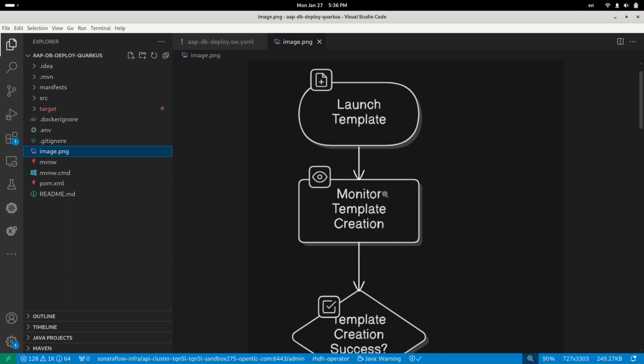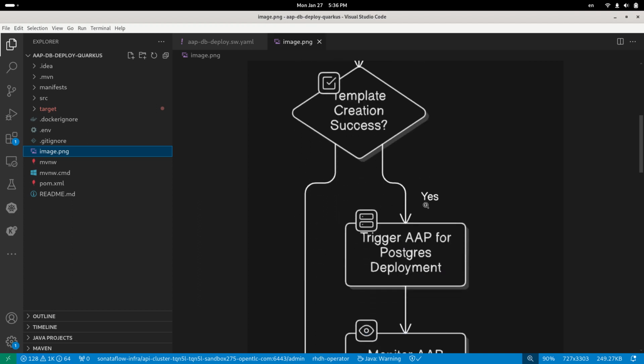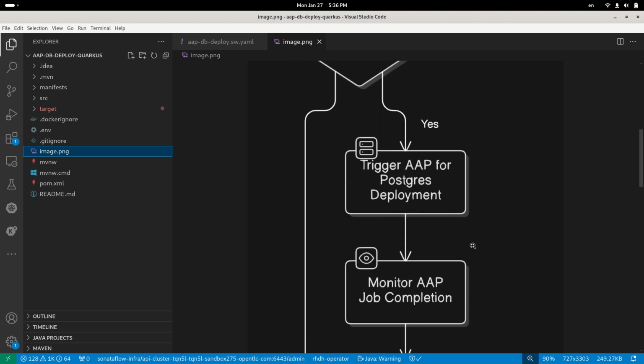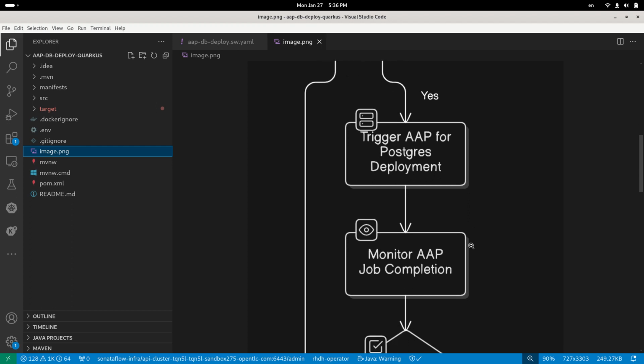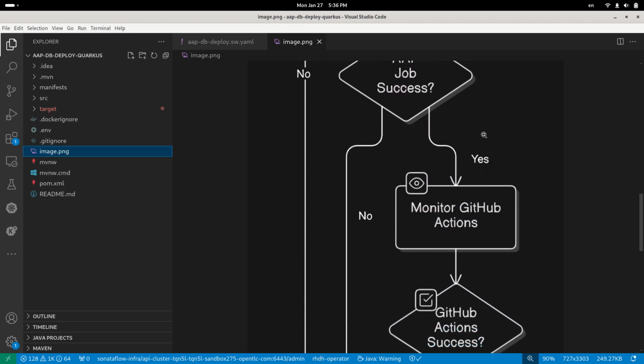The next step will monitor the software template creation. Once the software template is created, the workflow will trigger an Ansible Automation Platform job for deploying Postgres on OpenShift in the target namespace in which we would like to deploy the pet clinic application. We will monitor the AAP job until it's completed, and once it's completed successfully, we will monitor the GitHub action